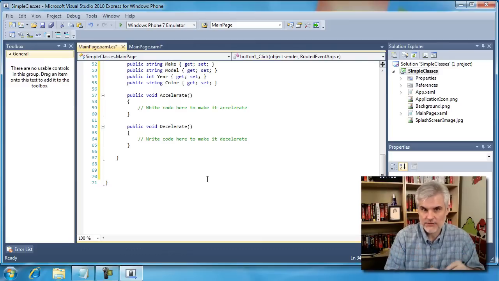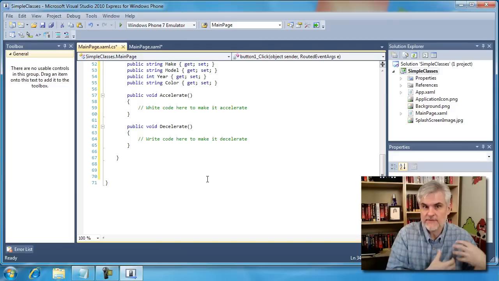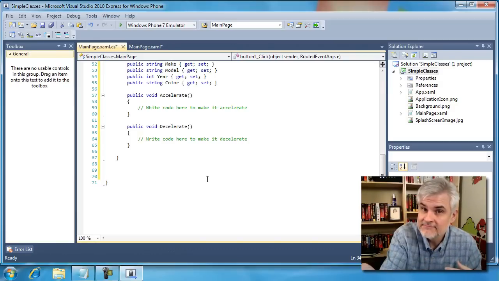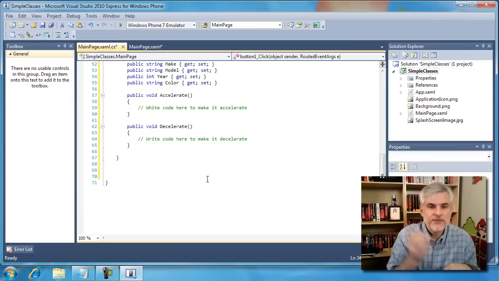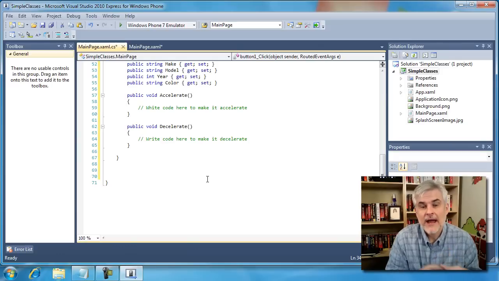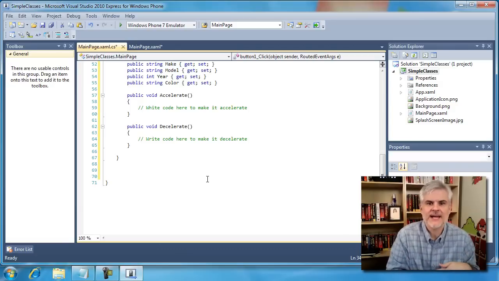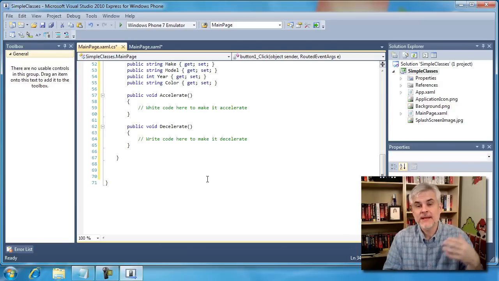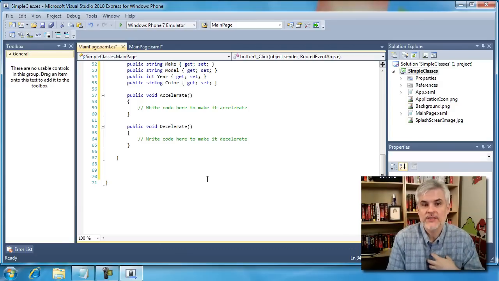That's kind of like a factory. It builds a new instance of the blueprint for us so that we can use it. What results is an instance of a class that is also called an object. Right. Third, classes can define properties and methods. Properties are attributes of the class. Methods are actions or behaviors of the class. And so we've seen examples of these many times already when we were working with the Silverlight button, text box,